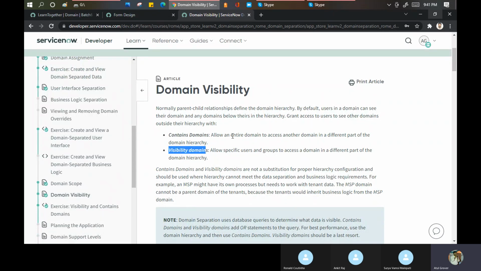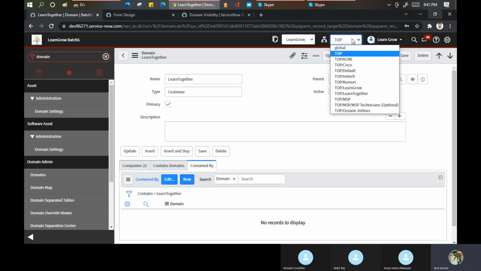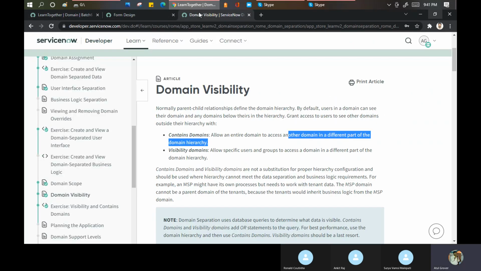Contains says allow an entire domain to access another domain in a different part of the domain hierarchy. Suppose I have another domain, maybe not on the top or under top, then I will use the contains domains. For example, I am a resource of ServiceNow, but I can support the HR department as well, because HR is a totally separate domain, but I can support them.